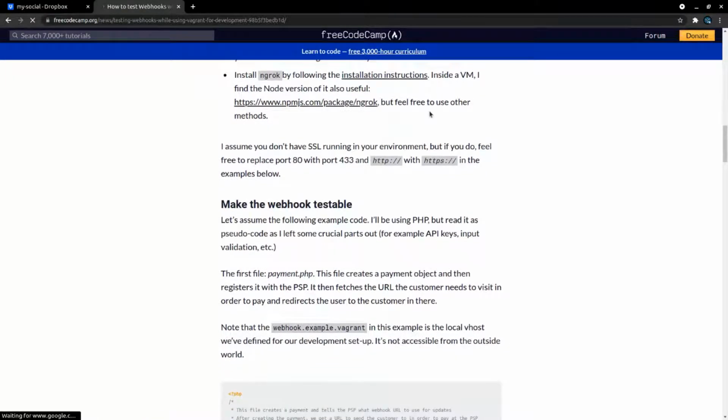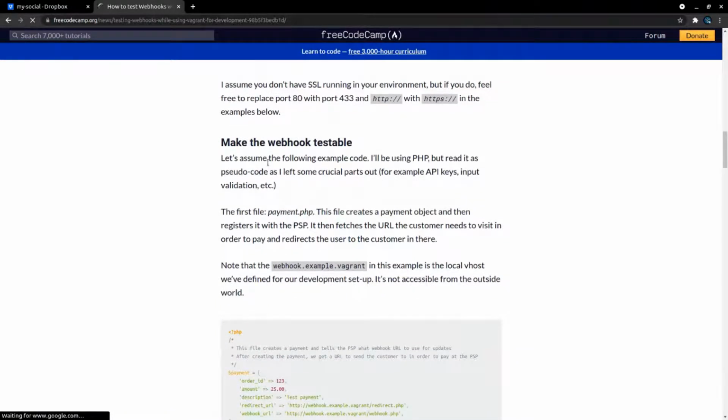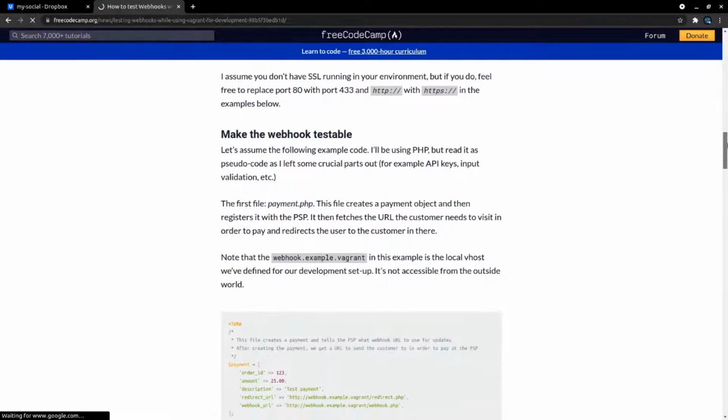Oh, so then I'd have to use ngrok. I think basically the idea is it would proxy it from ngrok. Ugh, that sounds gross. I mean, I guess what I could do is create a very basic application, push it to production so that I can start testing this stuff more simply.